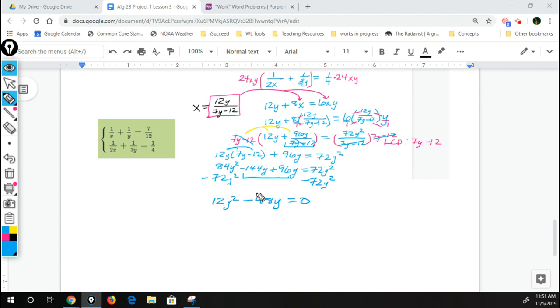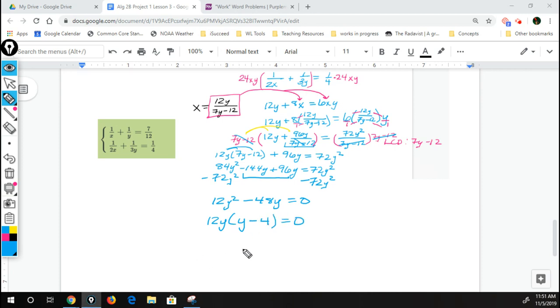So looking to the left-hand side, I can factor this. It's just a binomial. I'm noticing a common factor of 12, right? 12 goes into 12 and 48, and then y. So I'm going to factor out that common factor of 12y. I'm left with the y minus 4